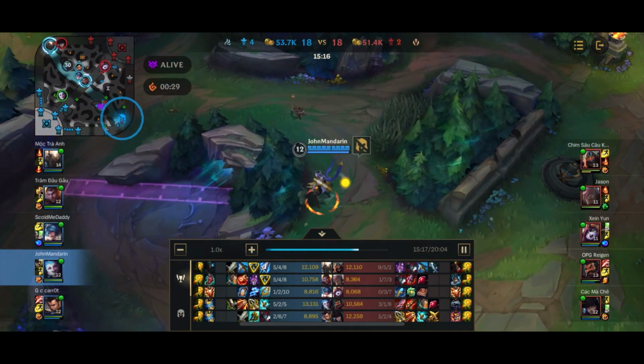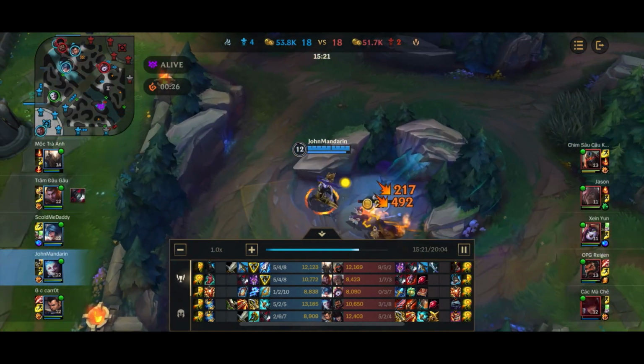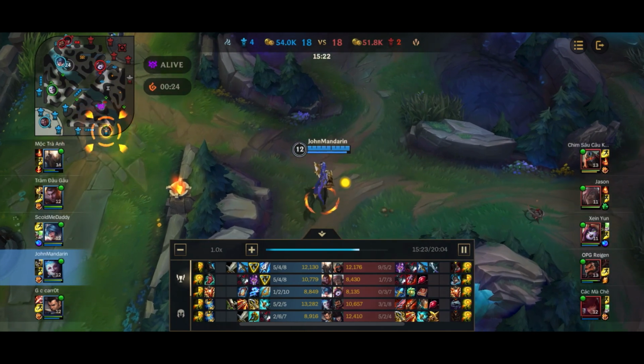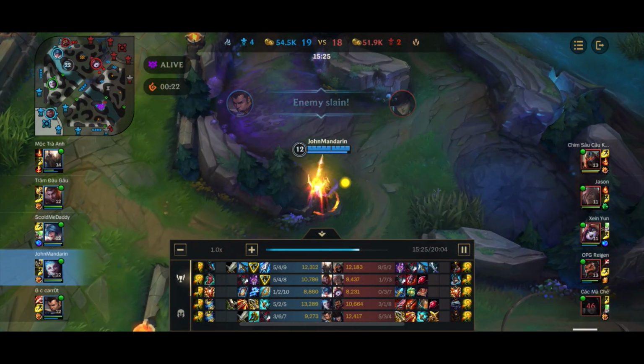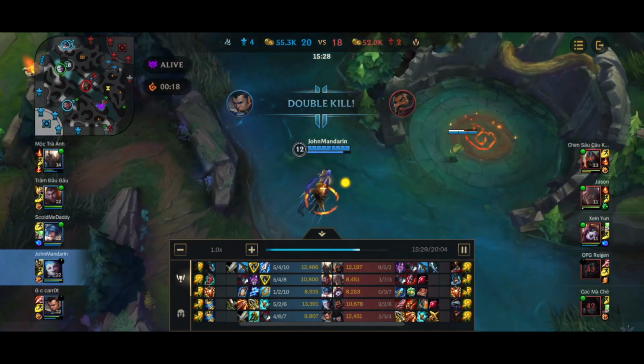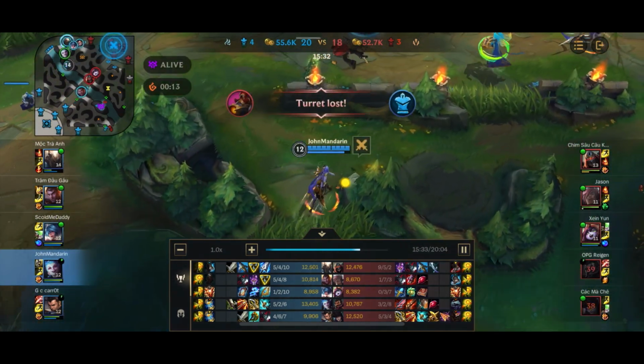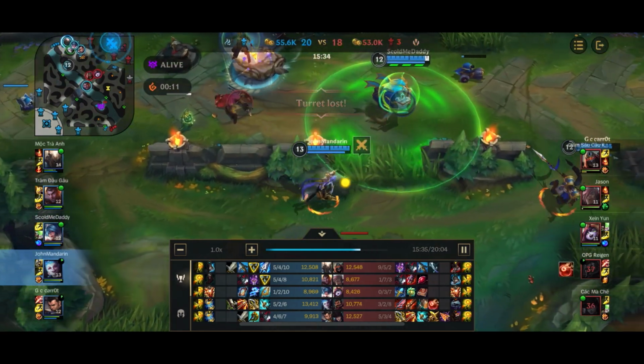But yeah, so here I'm just gonna go around farming. Nothing is really happening. I see a fight happening at the top lane. Caitlyn already got picked off. I rocket onto the Graves to get the assist, and we can just go ahead and push down top, because